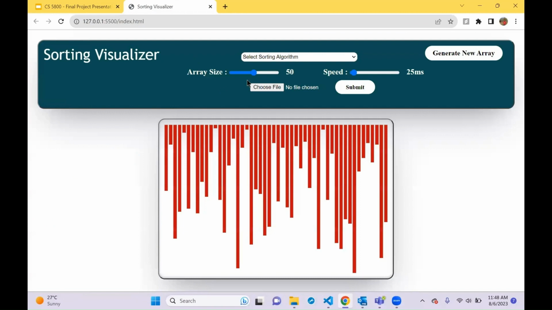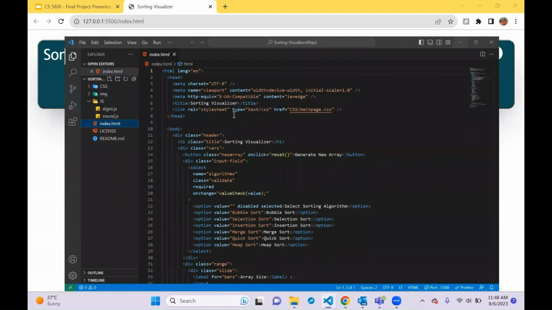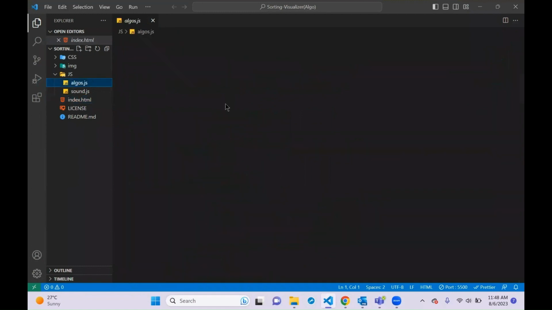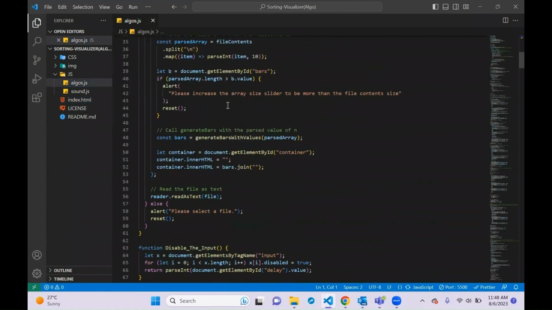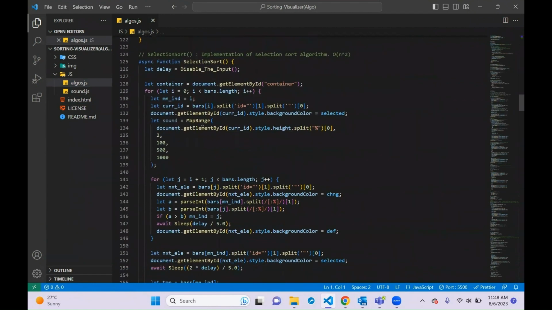Hi, I'm Saugato, and this is the project application that we have made. I would like to quickly skim through a few of the algorithms, though Jyotika has talked about the merge sort algorithm in great detail. But about the other algorithms that we have, I would quickly like to show the code. So one of the most common algorithms is the